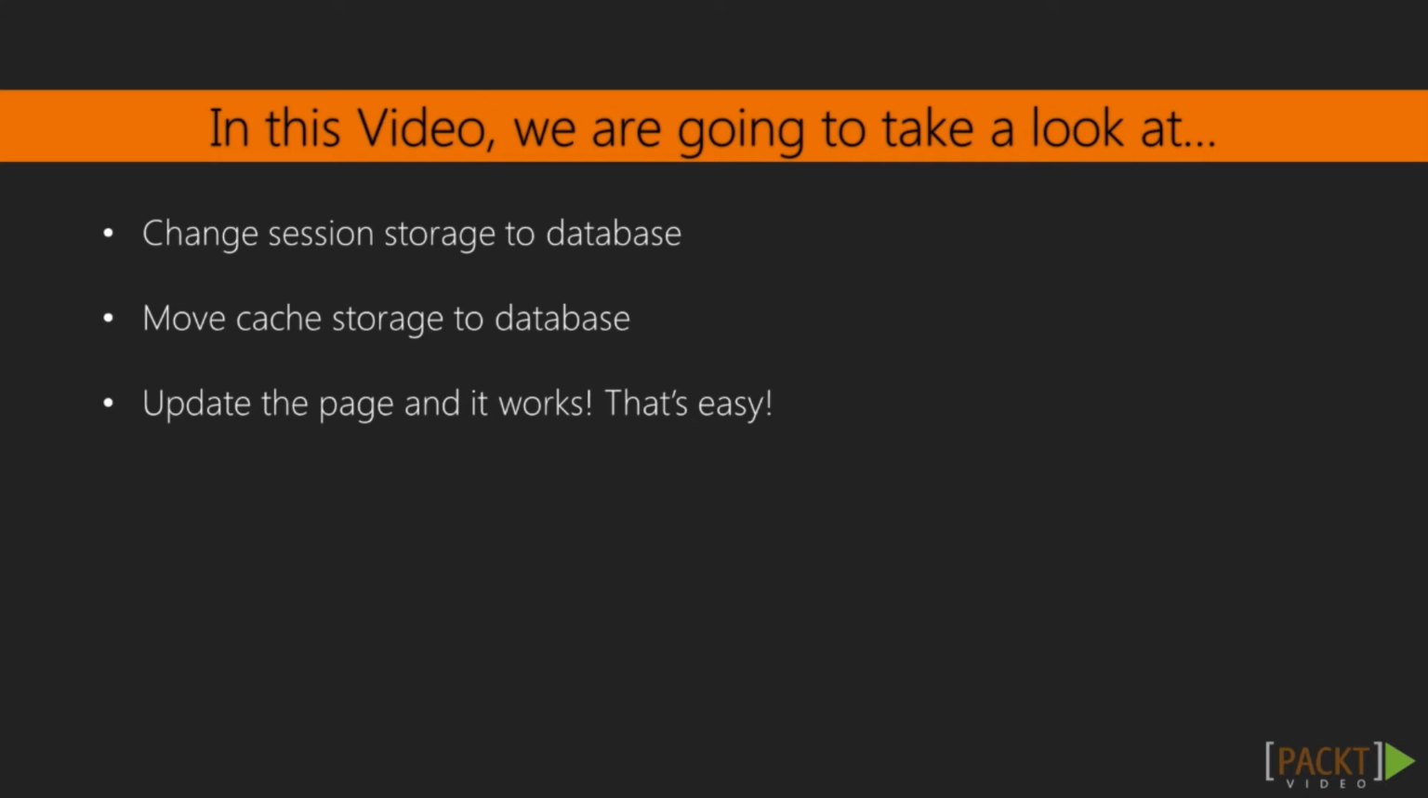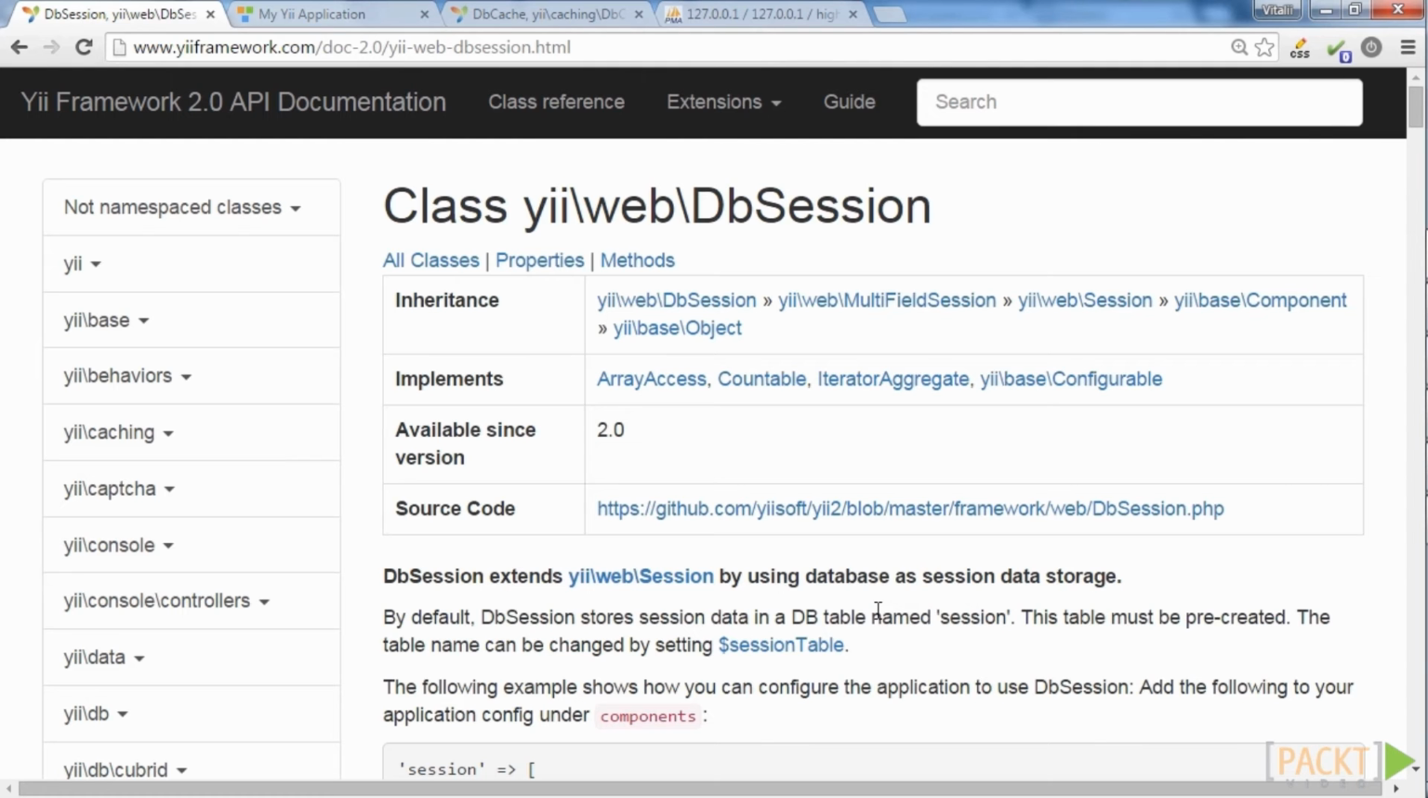So, what should we do? Fortunately, with Yii2 framework components, we can move sessions and cache storages to databases with just a few lines of code. We'll create a table for sessions in the database and configure our web application to use it. Then, we'll create a table for cache data and change configs to use it. After that, we'll update our page and the job is done. Let's have a look at